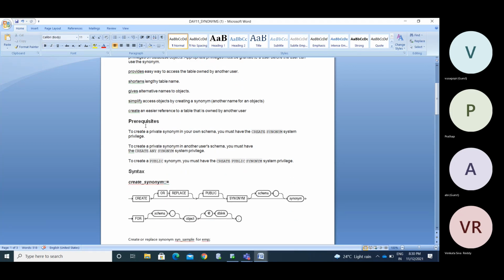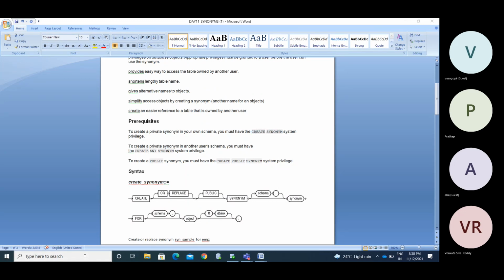If we want to create the synonym, we need the grants. You cannot create synonyms directly, so the admin user needs to provide grants to you. The prerequisite is the create synonym grant. We need to provide that.